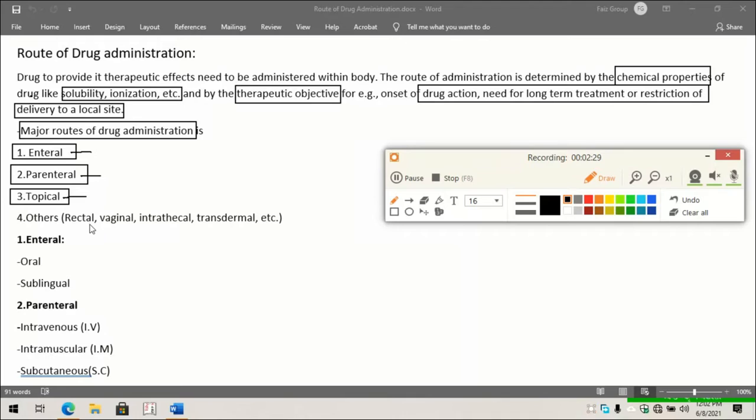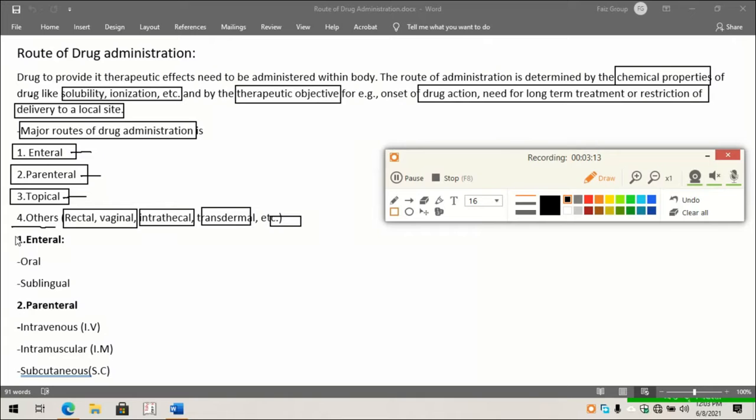Topical is when drug action is required in a localized place, at a local site. And other routes of drug administration are rectal, like suppositories, enemas, and vaginal pessaries, which are also suppositories, intrathecal, and transdermal, and other modes of drug administration. So let us discuss